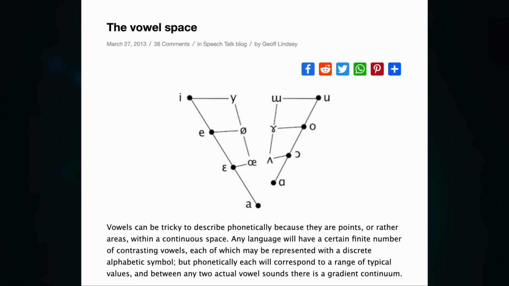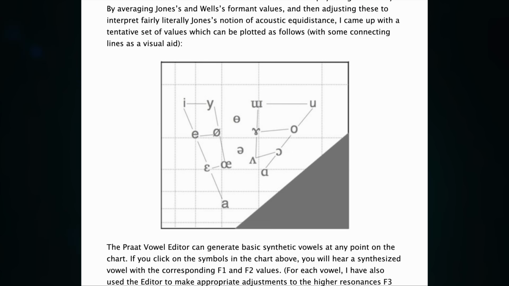The chart I ended up with is on my website, and if you click on each symbol, you'll hear the synthesized vowel with the actual values of that point in the vowel space. E, U, E, E, A, O, U,